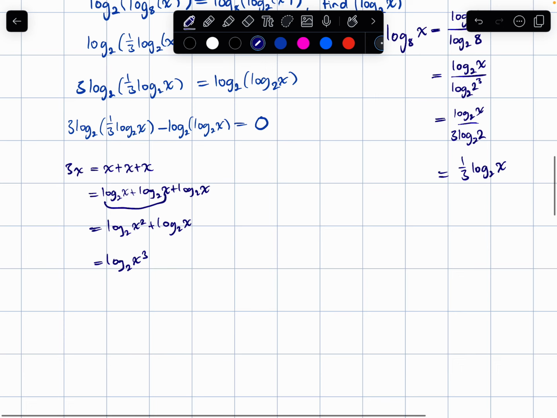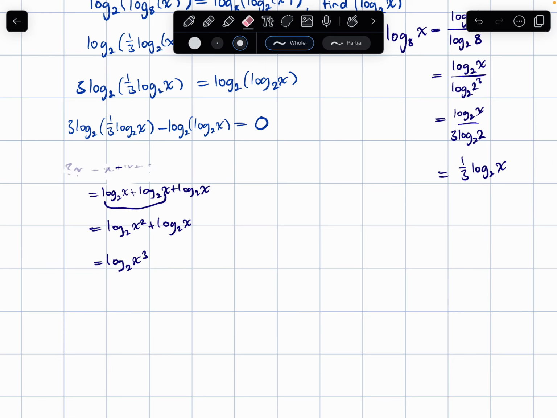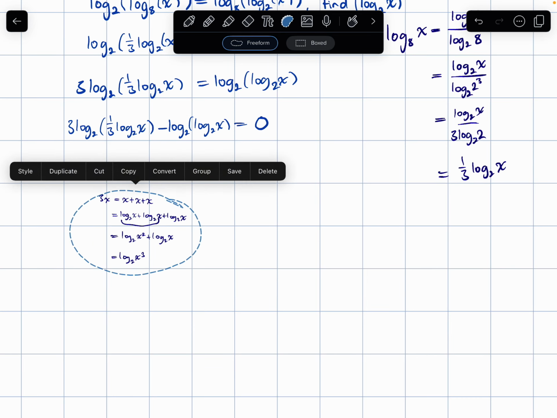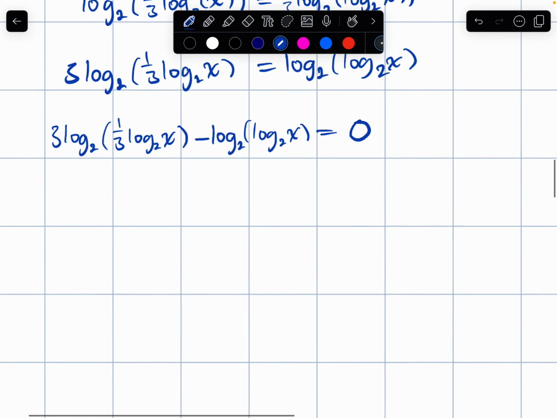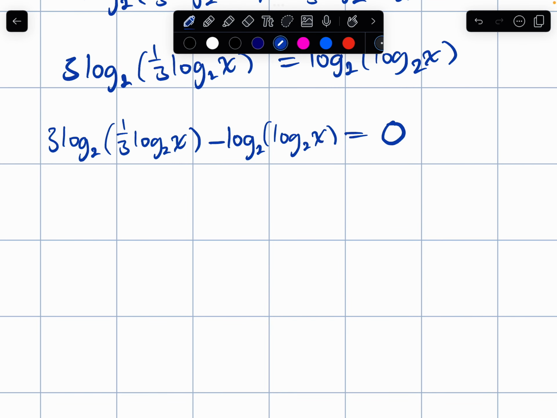So that 3 out the front we can put as a power of 3 instead. I guess I'll just chuck this to the side as well. Bunch of useless stuff, or not useless, sorry, but we don't need to show necessarily, but it's good to understand it. Log 2